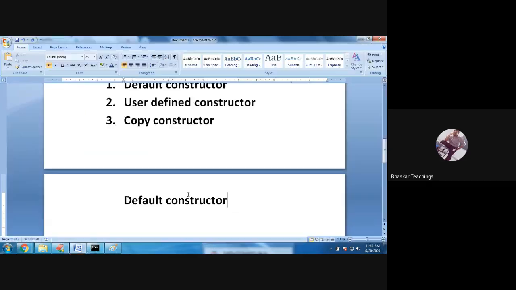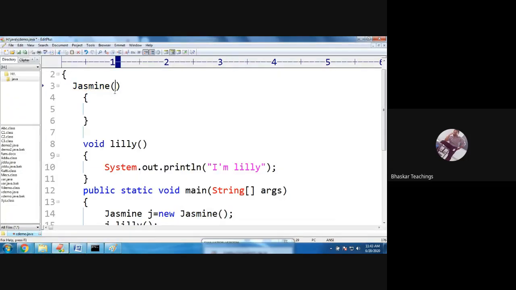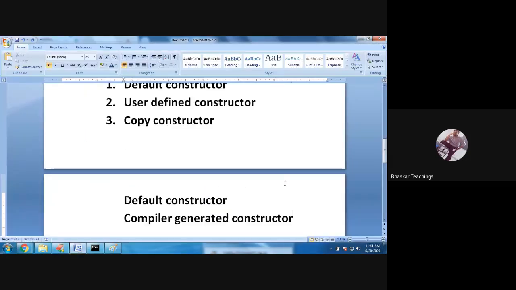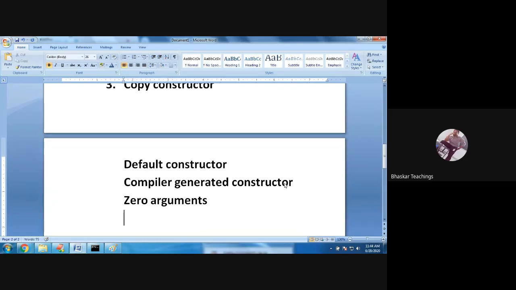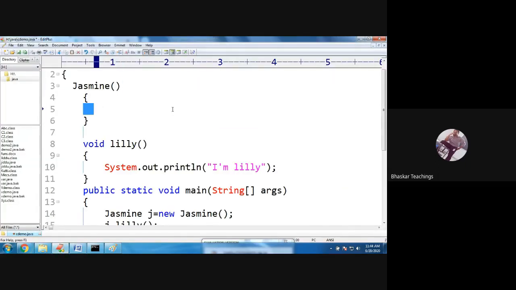So this is the default constructor, also called the compiler generated constructor. And how many arguments is it going to have? Zero arguments. The compiler generated constructor will have 0 arguments. All these points you can include in your exam. And what are the implementations in the body? Nothing.